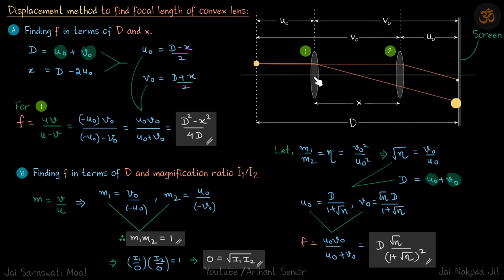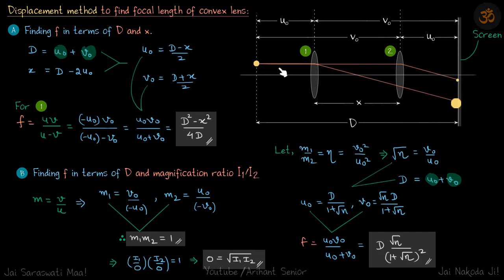We however move the lens. So we will move the lens until we get a sharp image. Let's say when we have the lens here, then we get a sharp image here on the screen. Then we again move the lens, we'll get a blur image until we get another sharp image at some other position. So let's say the sharp image is again formed.